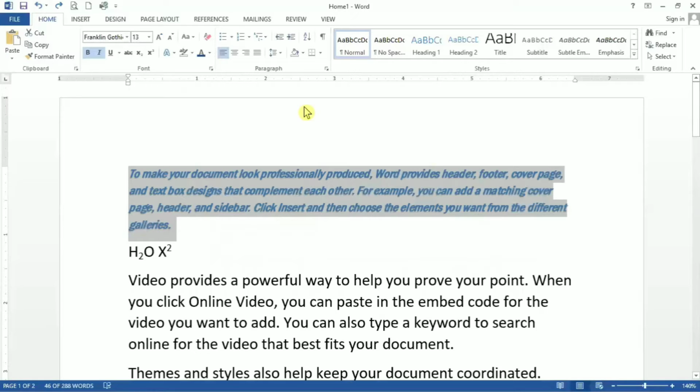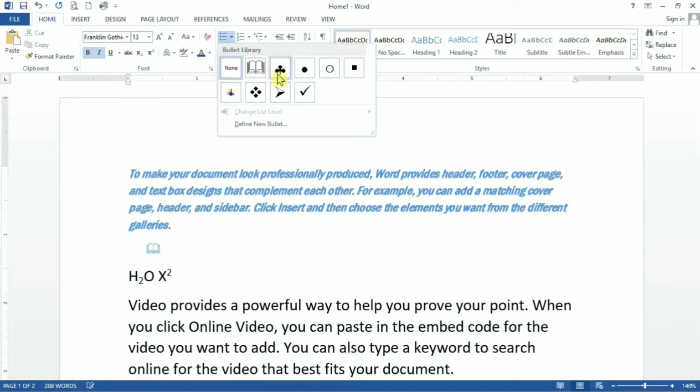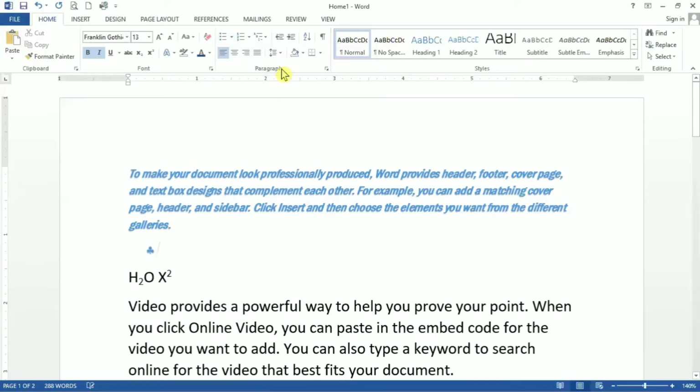After this, we have many other options, like the bullet option. If you want bulleted text, for example, you want to create a list, you can use these options for that particular list. For example, you can choose any bullet from here. Likewise, I have started with this particular option.